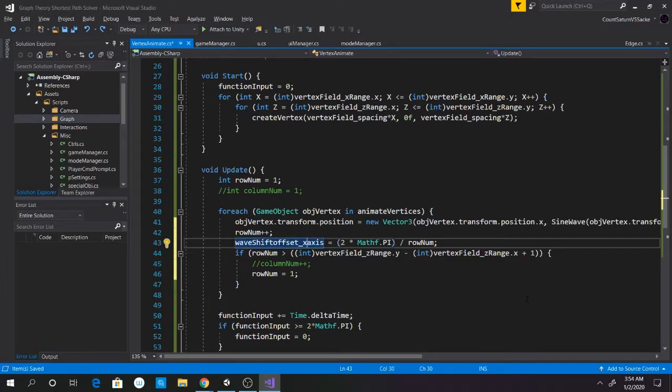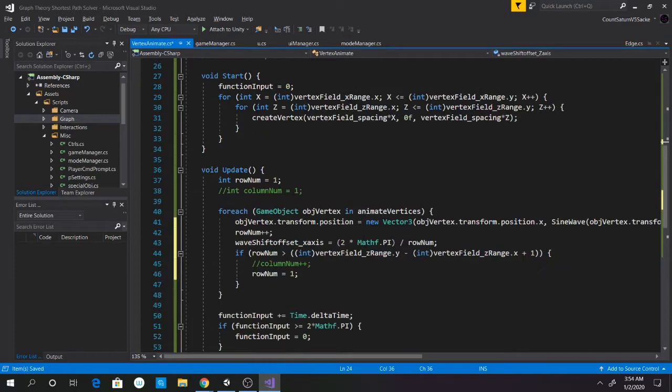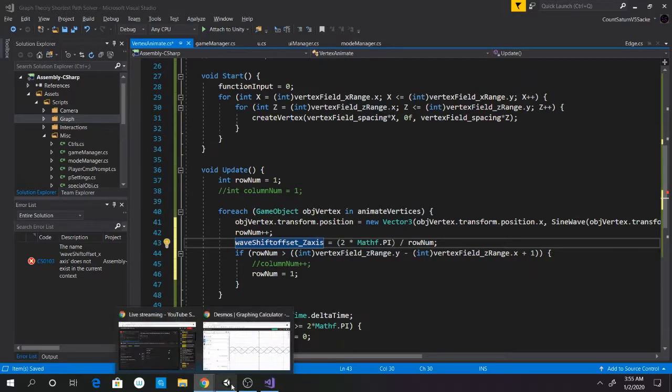No, this is supposed to be the z-axis. What? Z-axis. 2 pi divided by the row number. There are a total of 11 waves, all right? In this case, there are a total of 11 waves. So we basically have